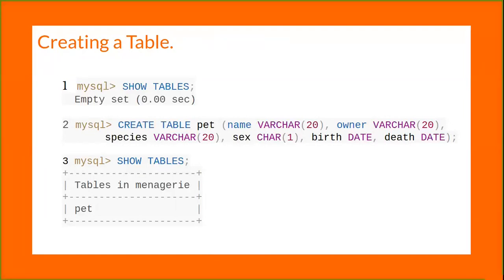Now we will be using the create table statement, followed by the table name, in our case pet, to specify the layout of your table. So over here I have used create table pet followed by the field names and their types, in this manner for all, then having a semicolon at the end.